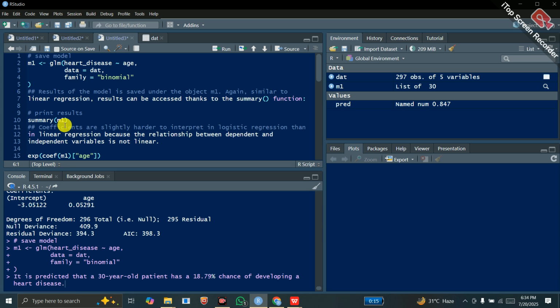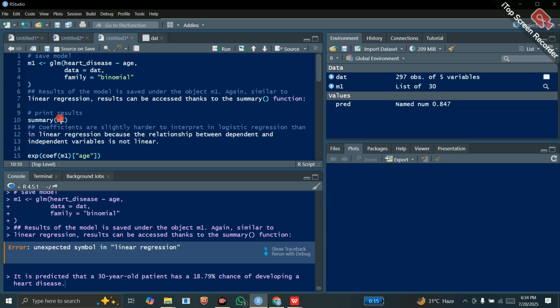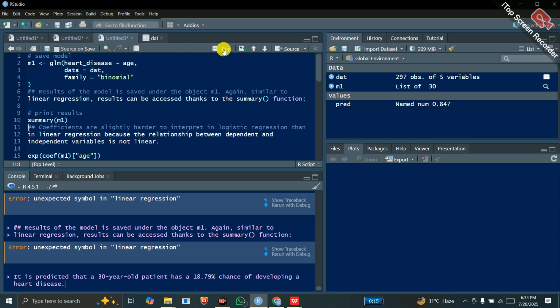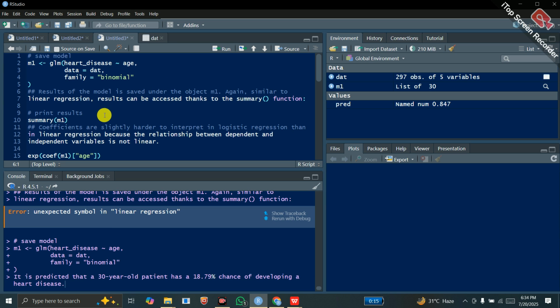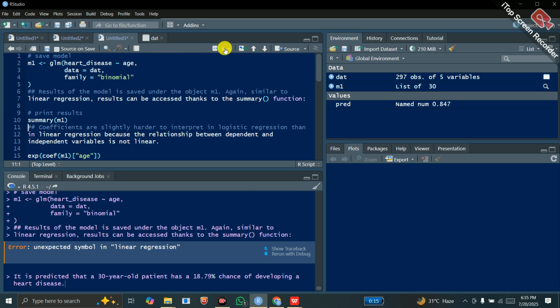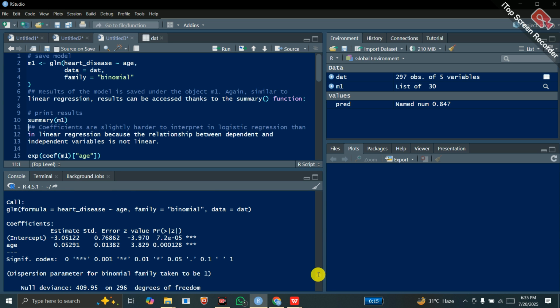After this, I would like to summarize the results of this binary logistic regression model, in which my dependent variable is heart disease and my independent variable is age. Let me do it again. Let me see summary, and my model is m1. Let me check if it is done or not. So here is my model, and in this model you can see that the coefficient of